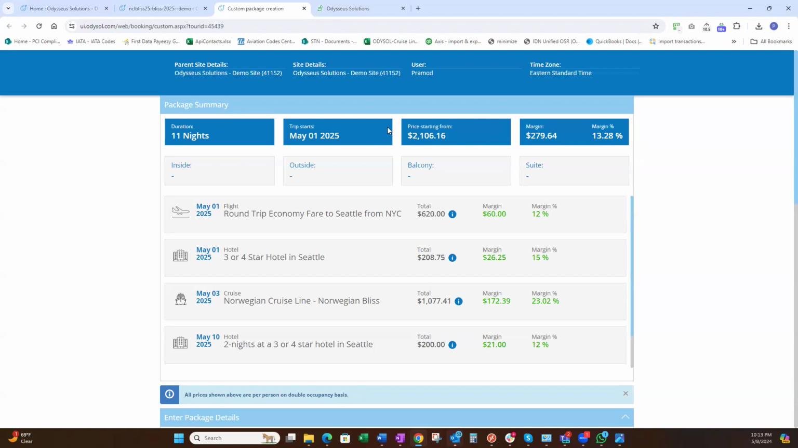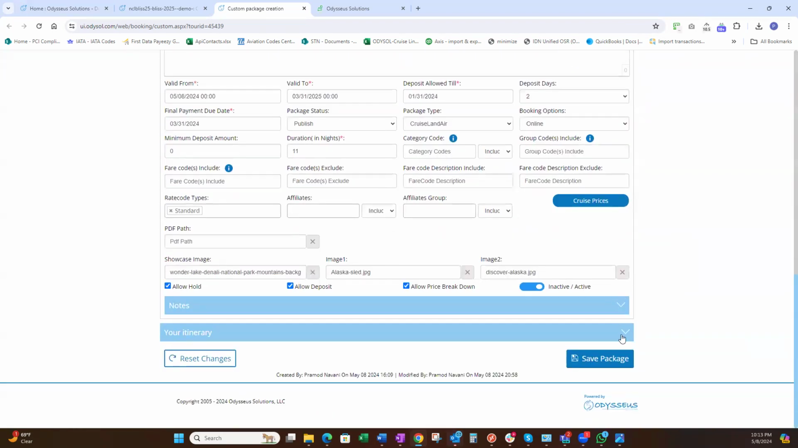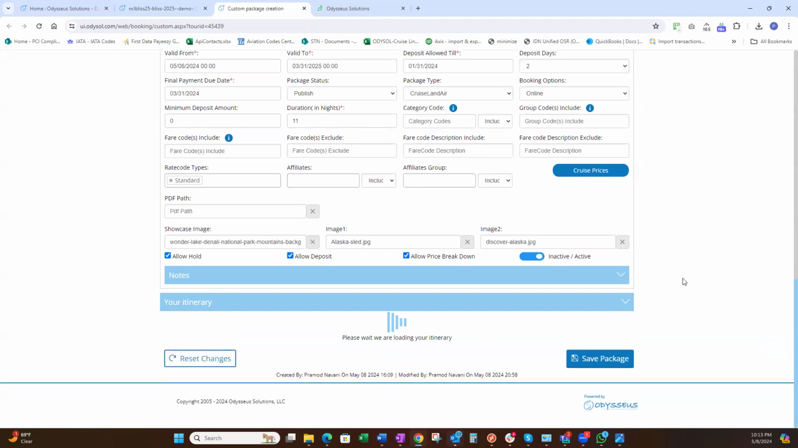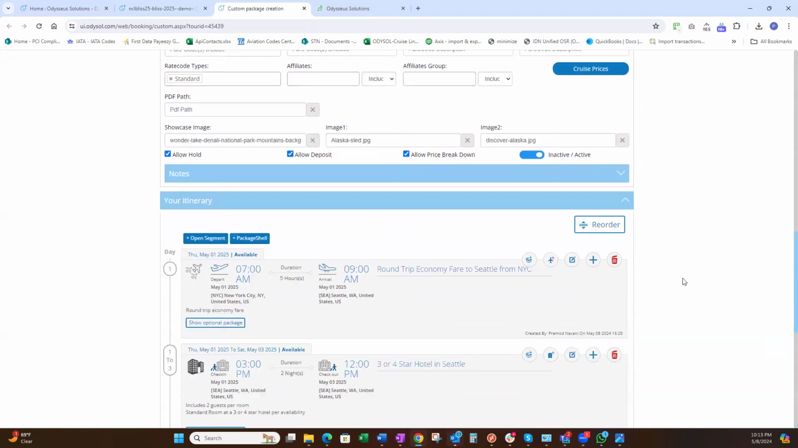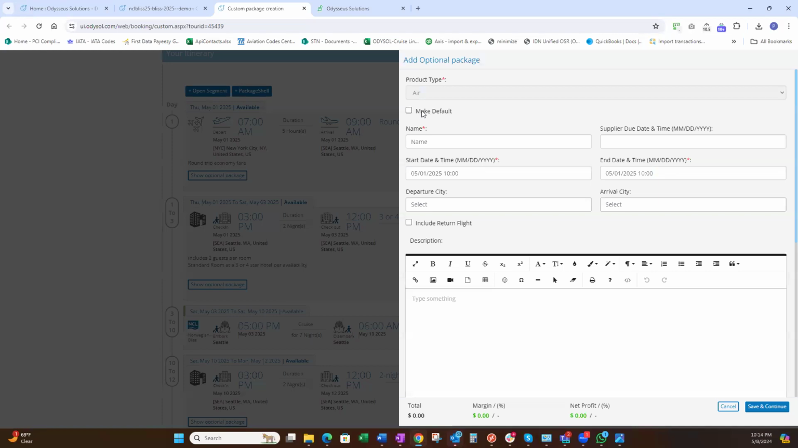Or in the case that we are going to use, we have a departure here from New York City, and we are now going to add a departure from Chicago. Okay. So I'm going to go into the itinerary section here. In the itinerary section, we have this little icon that says add optional package. Okay. So I am now going to add a package where I'm going to select